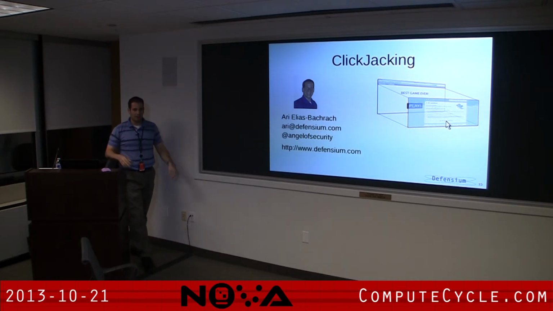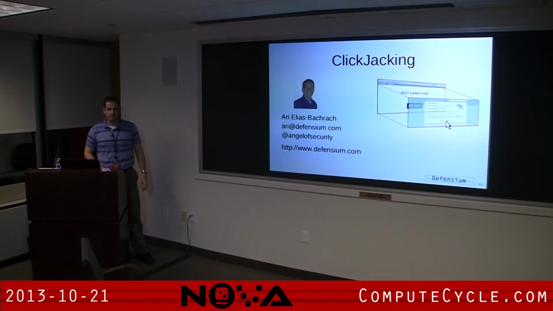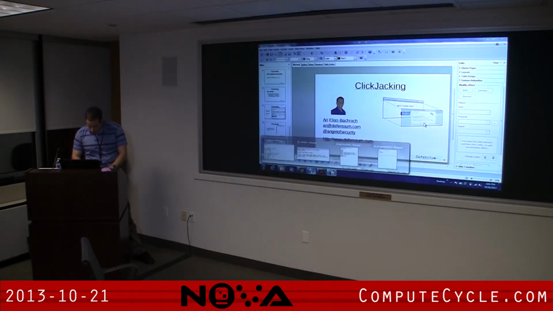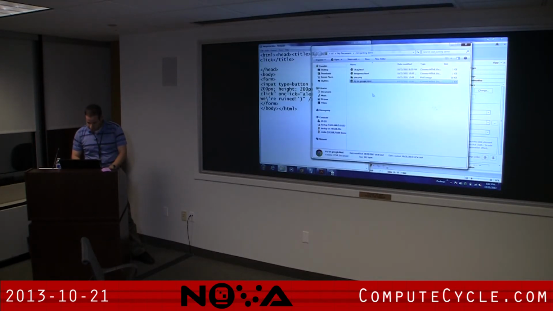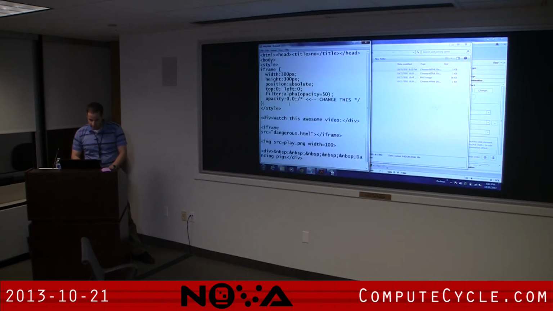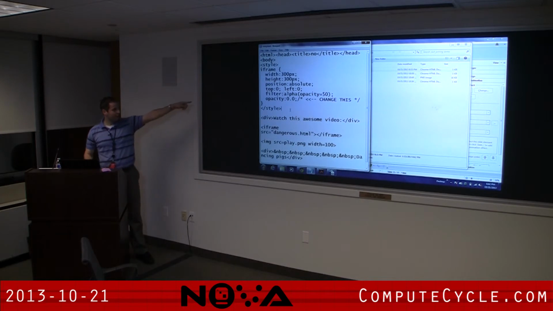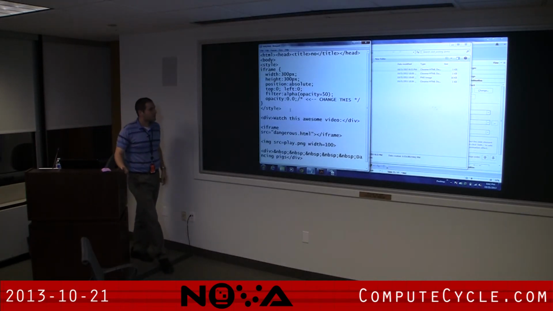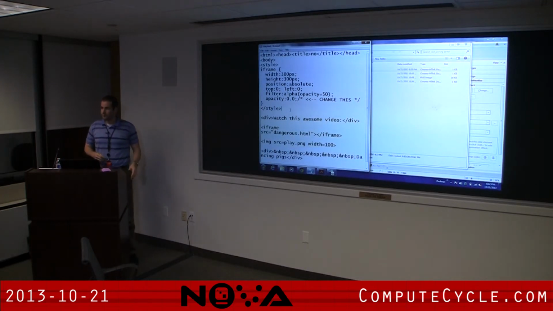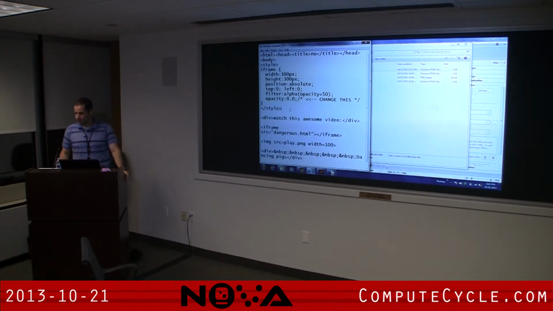Couldn't you do the same thing with CSS? Just adjust the CSS for that iframe. You still have to open the page in something. If you look at the code that I had up, this is a style sheet here, and this is how I did it. What he's asking is if you leveraged or added a layer to a current CSS. If you injected another layer in that, you'd probably have to compromise the original site to get that additional layer anyway, rather than just being able to do it directly.